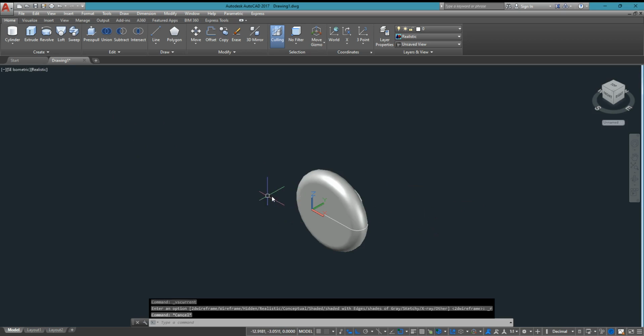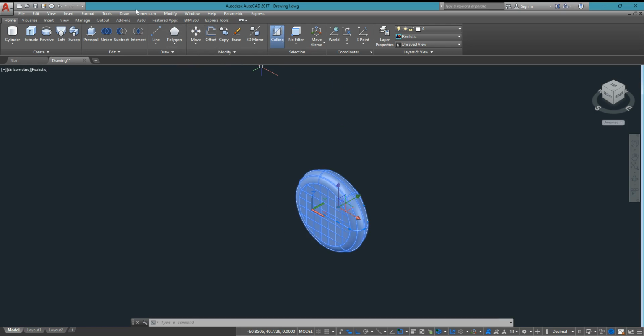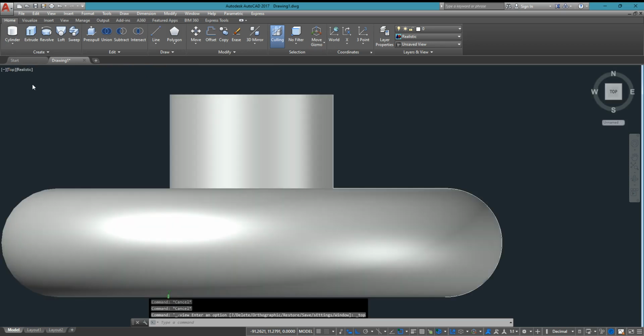So let's have our object now using our 3D rotate. So let's have 3D rotate. When we have our 3D rotate command on top view, it's easy to rotate the drawing like this. So we could have it on top view. But when we have it on perspective view,